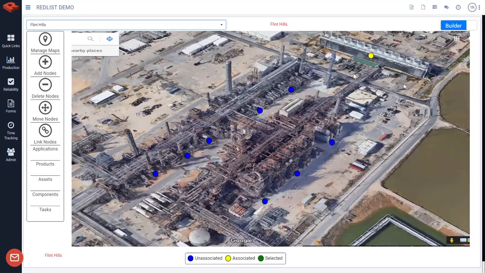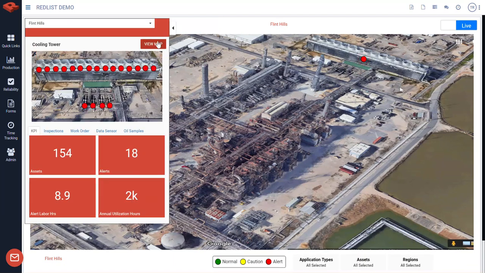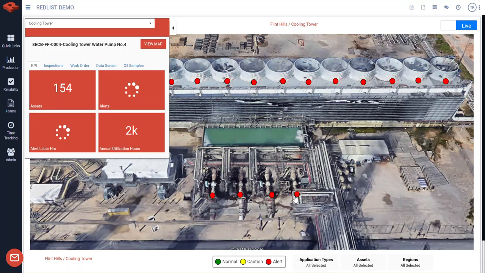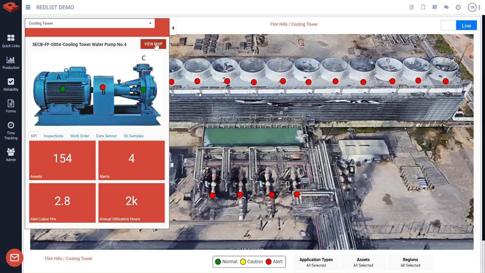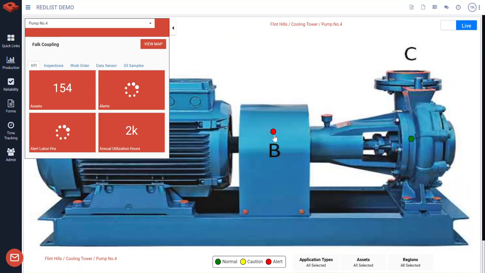So this is where, if you remember right, we had these dots, maintenance dots, and in the live view we had this red dot, which was a multi-asset, where there's dots that have fallen. I guess we used to have just a lot of green dots in there, but now everything is past due since the last time we did this video. So if we click on this, it'll bring up a pump. If we view the map of that pump, then there's a maintenance item on that pump that needs to be